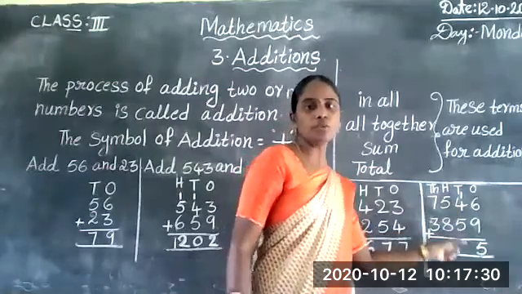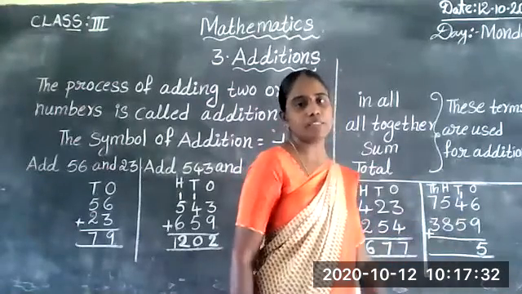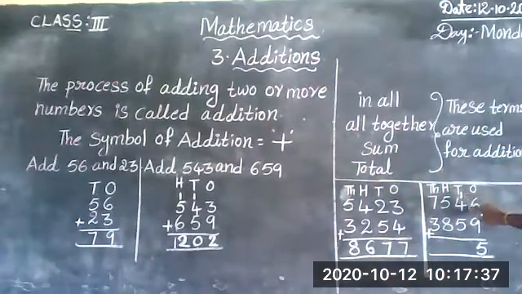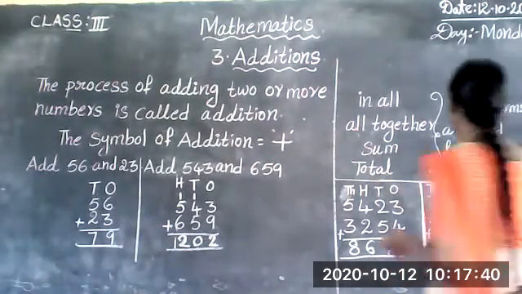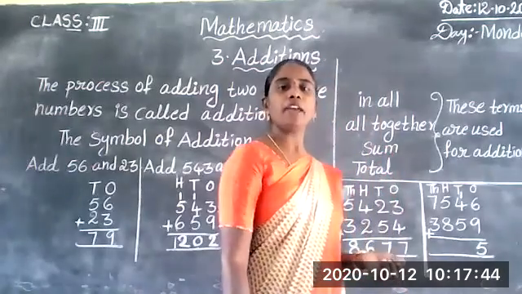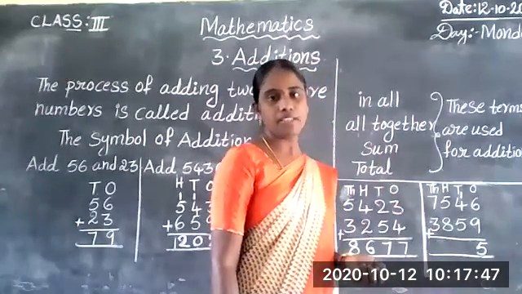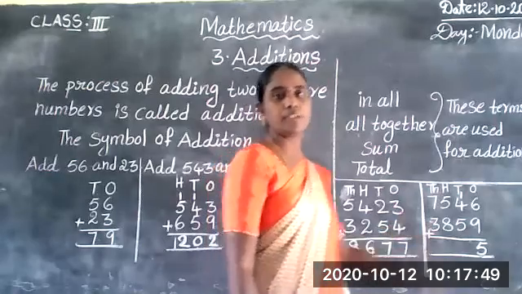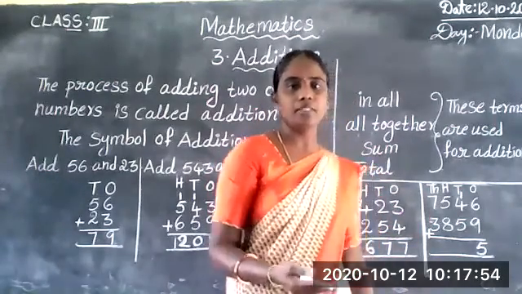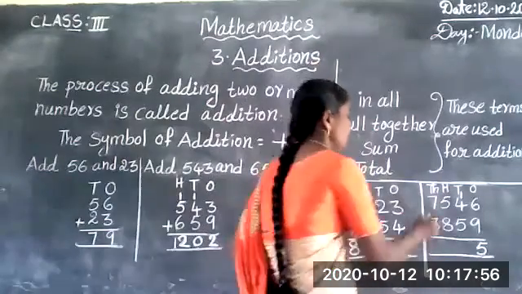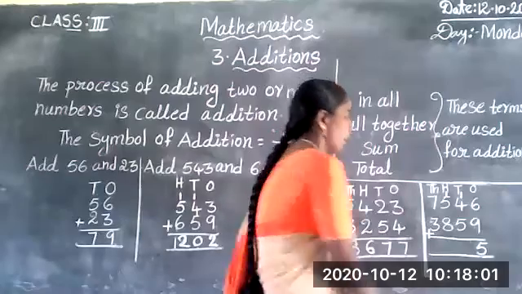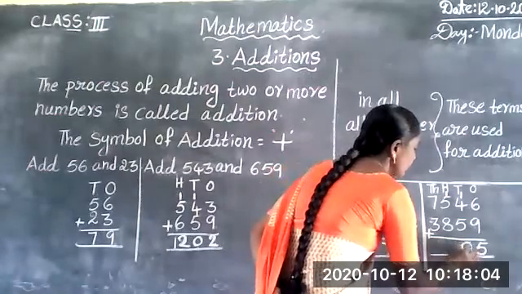Next we will go to tens place and add tens place numbers. In tens place, 1, 4 and 5. 4 plus 1 is 5. 5 plus 5 is 10. 10 is also a carrying number, a 2-digit number. So we write 1 carrying in hundreds place and 0 down in tens place.